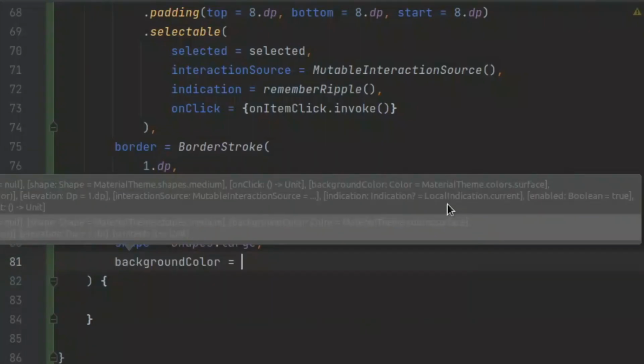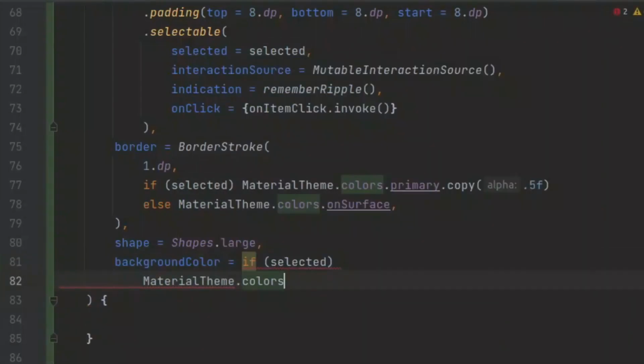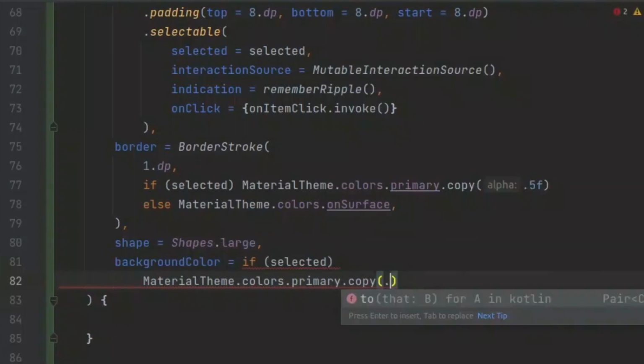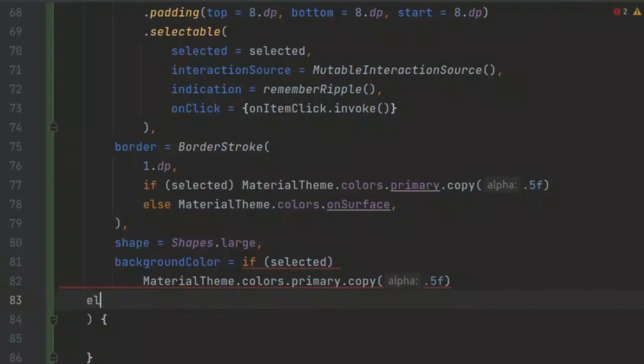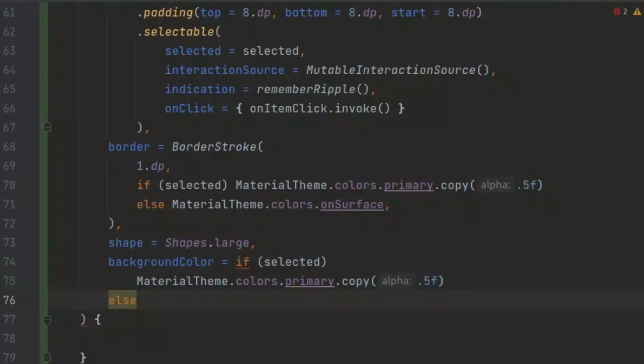Okay, and we want to change the background color of a certain item which is going to be selected. So if it's going to be selected, then we have to change the background color of that particular chip which is going to be selected. So let's pass in here selected. We're going to pass in this to be also the same, and else if not the case here, then we have to pass in another color. So we can just pass in here